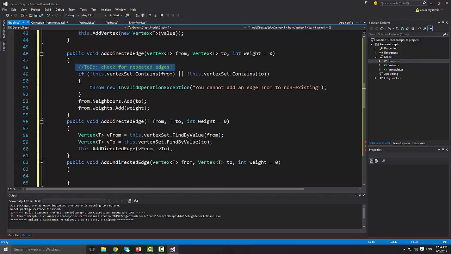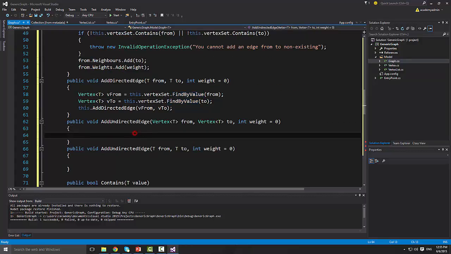I wouldn't have to write it twice, right? I wouldn't have to just copy paste it. If I don't have a vertex, then throw an exception and so on, I wouldn't have to rewrite it here. So I'm reusing the code that I've already written. All right, so we're up to the